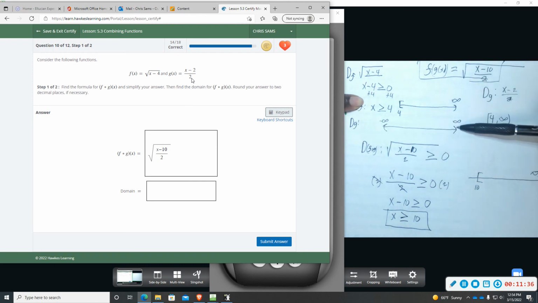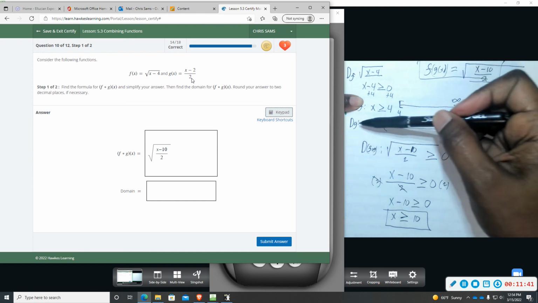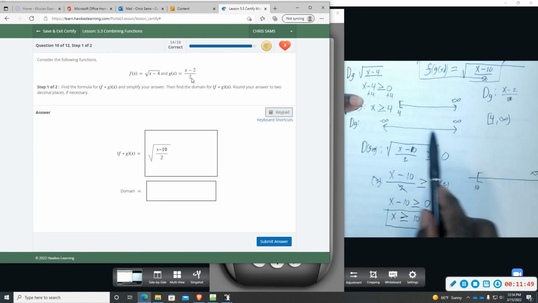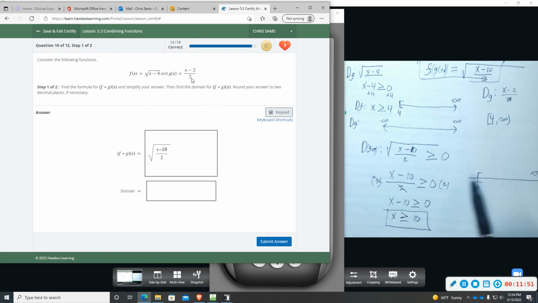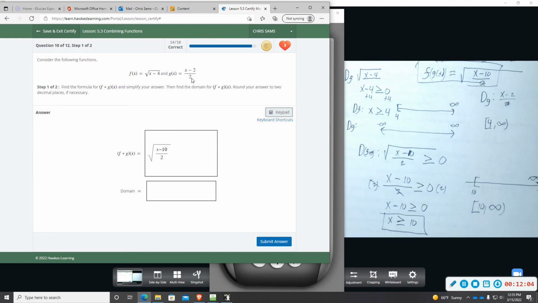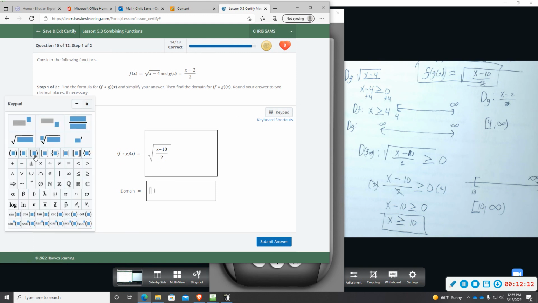You start with this domain, and then you adjust for any other values that you lose. With this domain, we could use everything, but once we simplified it, we could only use 10 and above. So we got rid of all the negative side and everything that was less than 10. So our domain is closed bracket 10 to infinity. Sorry, some of that's running off. We need the half closed, open